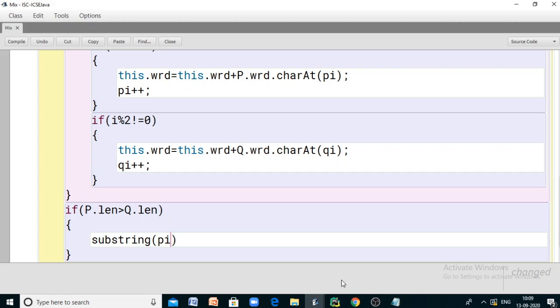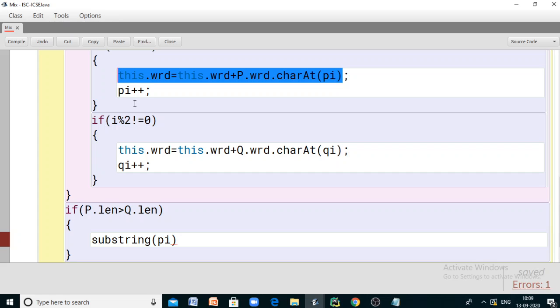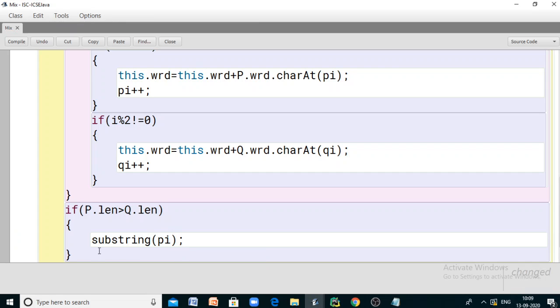It's actually PA. Once the current character is encountered and added to the resultant word, PA is automatically incremented by 1. So now PA denotes the character next to the last corresponding character, so if you give substring of PA, it will extract from the character next to the last corresponding character till the end of the word.